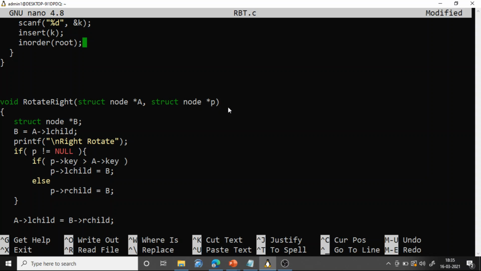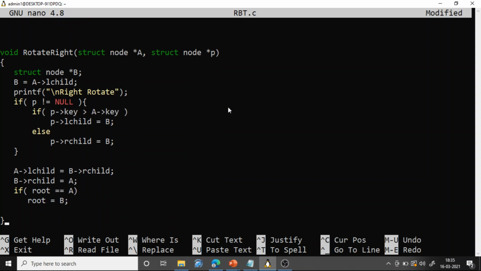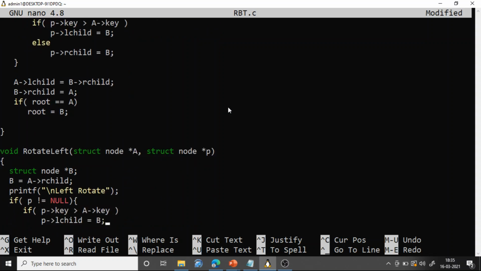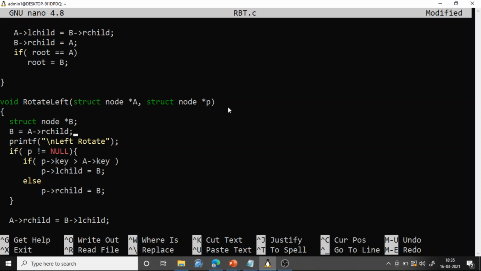With this only we are rotating. And here you need not update the height, that height-updating code I have removed. Similarly for rotate left, the code is entirely the same. I have not changed anything. The first parameter is the node you want to rotate. The second parameter is its parent.